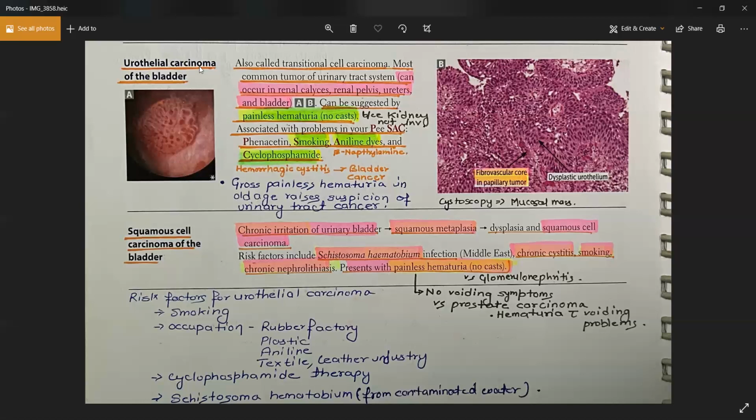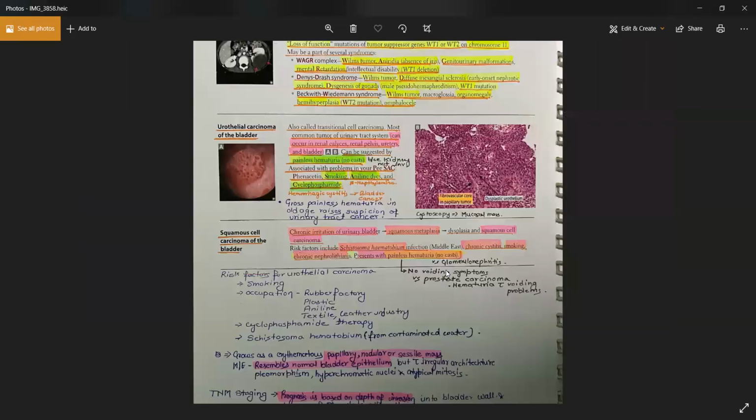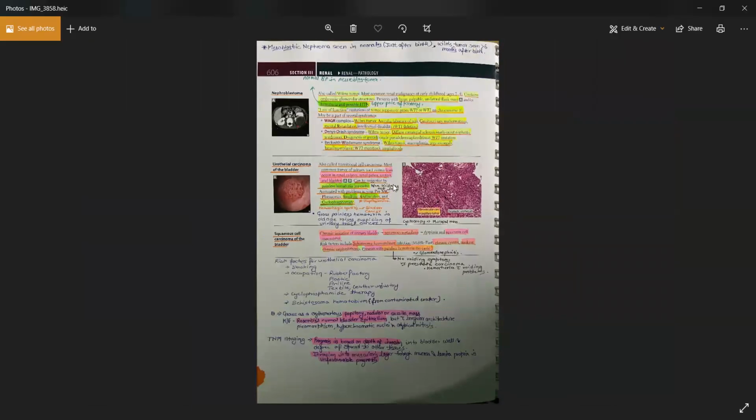Okay. And in case of glomerulonephritis, you can again have this hematuria thing. But in case of glomerulonephritis, you also have the RBC casts, right? So looking at these casts, and looking at this painless hematuria without any voiding symptoms, will help you differentiate it from other causes also, right? Okay. So that's everything on this chapter. Please ask if there's any doubt.